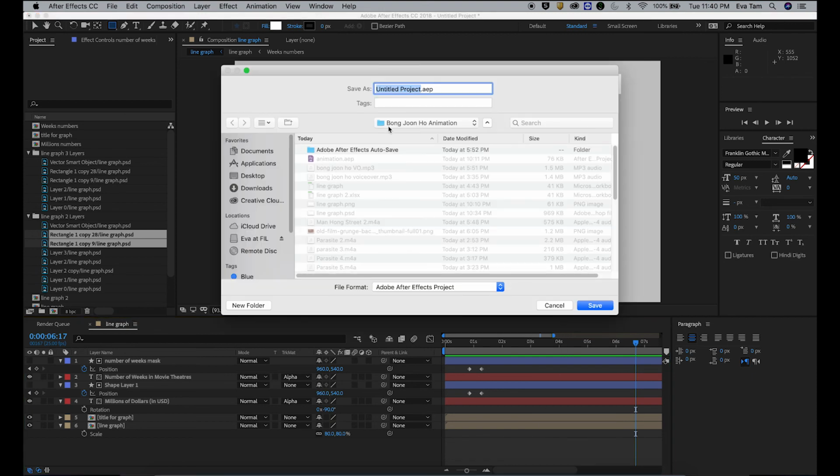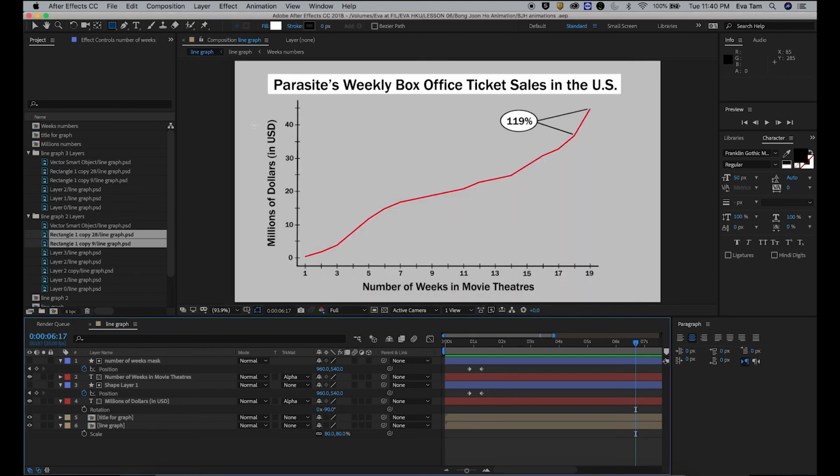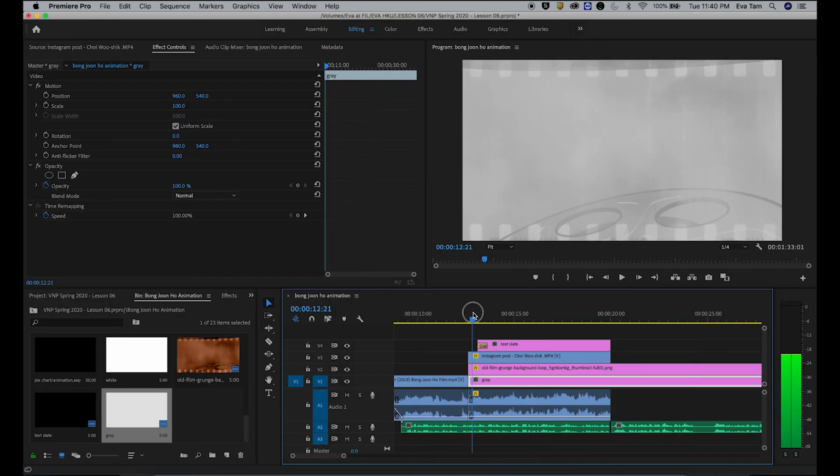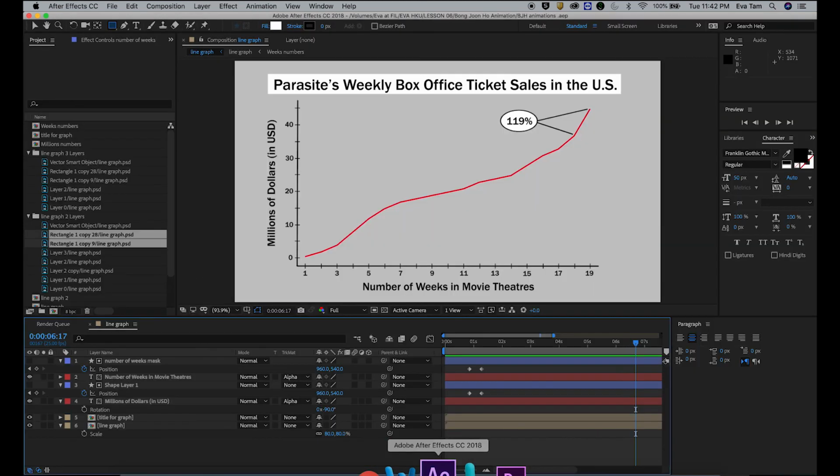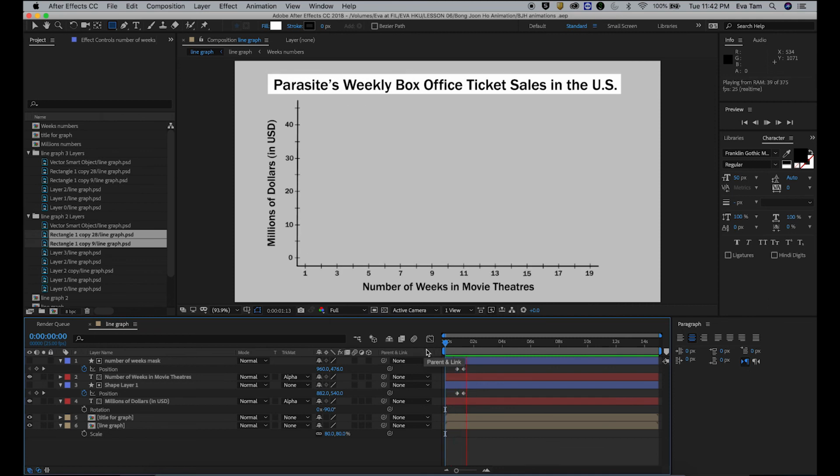So let's always save your stuff. So there you go. That's the first one. So actually, it's important for you to go back and check how many seconds this part is going to take. It's 10 seconds long. Okay? So right now, all this plays within six seconds.